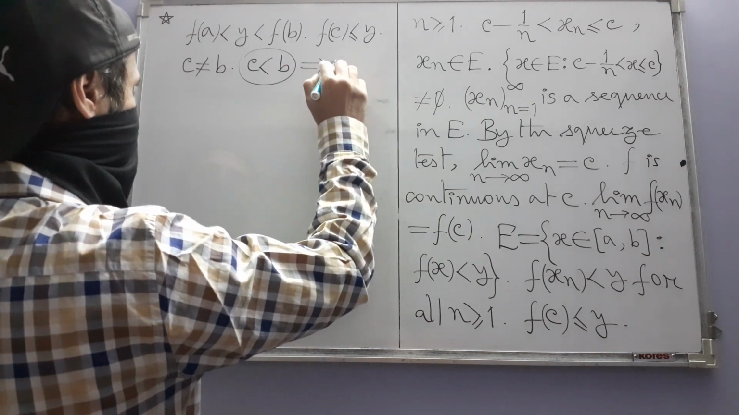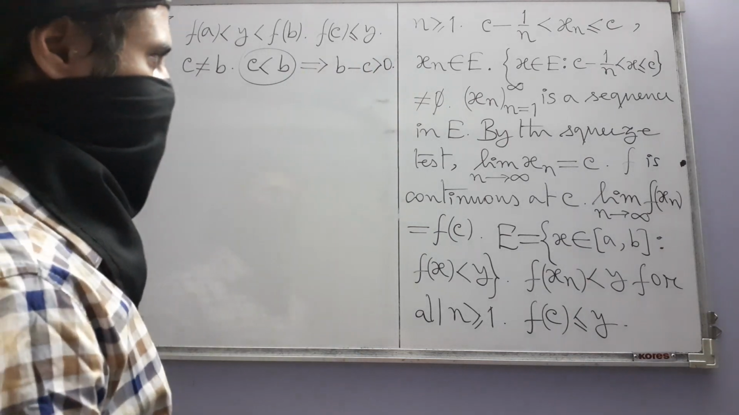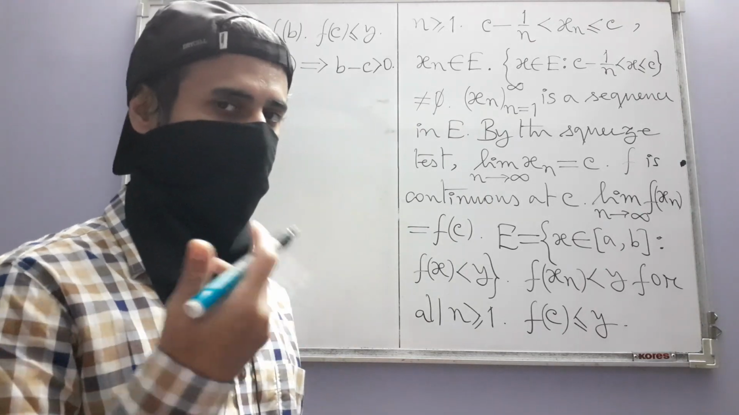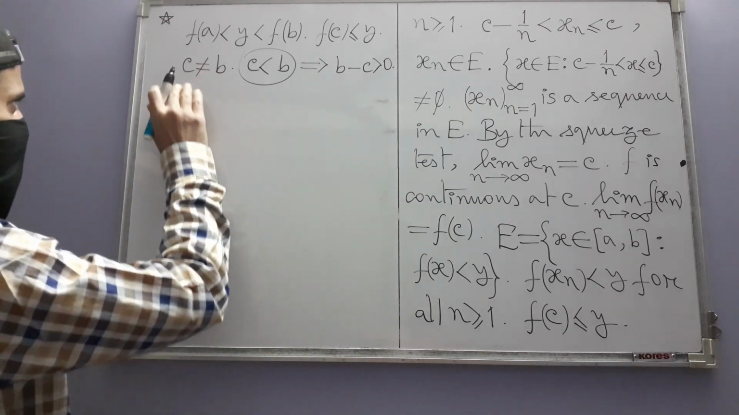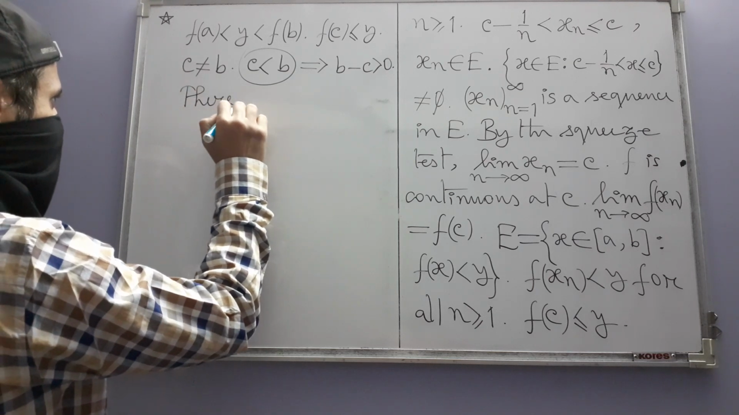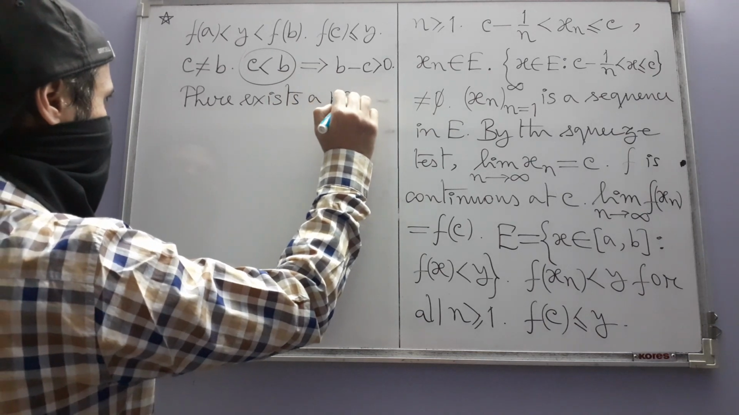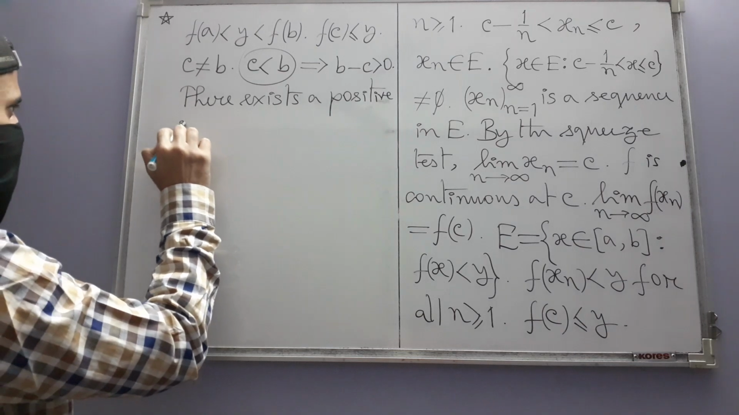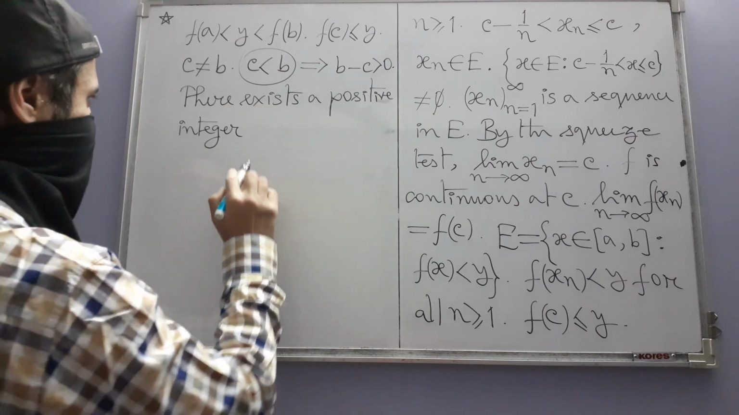It implies b minus c is a positive real number. Now b minus c may be close to 0, may be far away from 0, we don't know. But what we do know is this: by the Archimedean principle, there exists a positive integer which is large enough such that